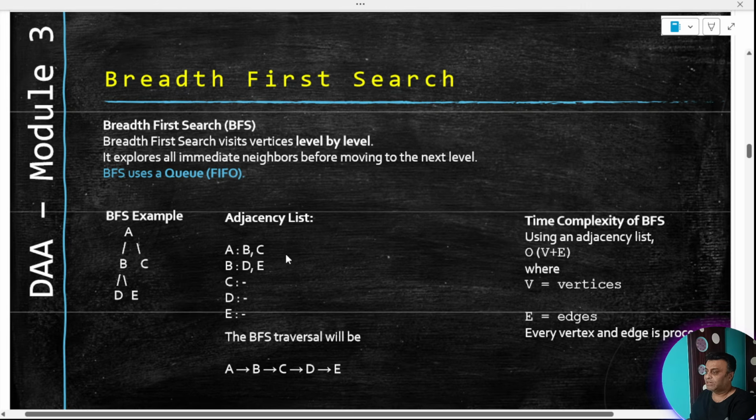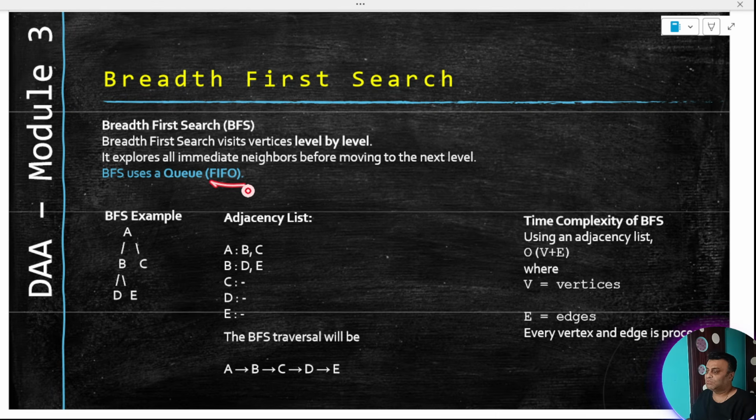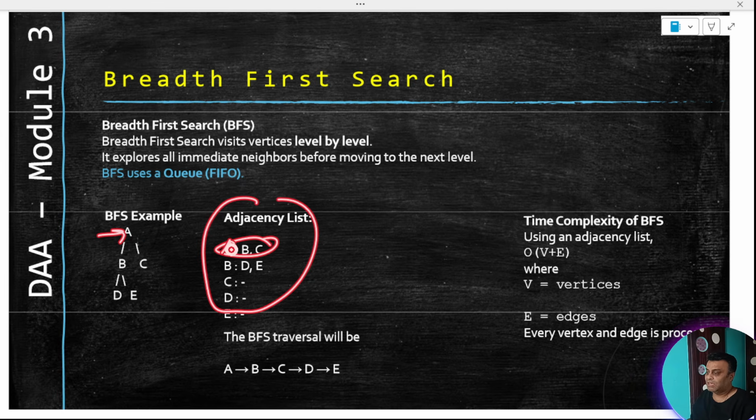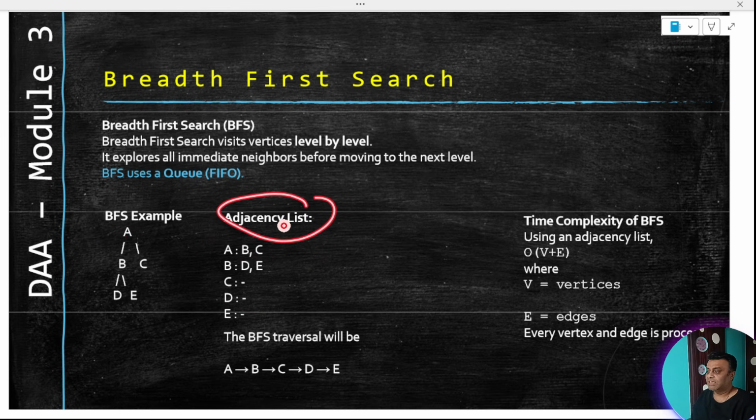So we talked about breadth first search. Let's go through that. Breadth first search uses first in first out, and it uses a queue, right? This has come multiple times in terms of what data structure you will use to do a breadth first search. So let's take this as an example. When I create the adjacency list, then A is connected to B and C, so I put A here and then the connections here. I talked about the 2D array that you have to create for the adjacency list. Please have a look at my last video if you want to understand this adjacency list concept.